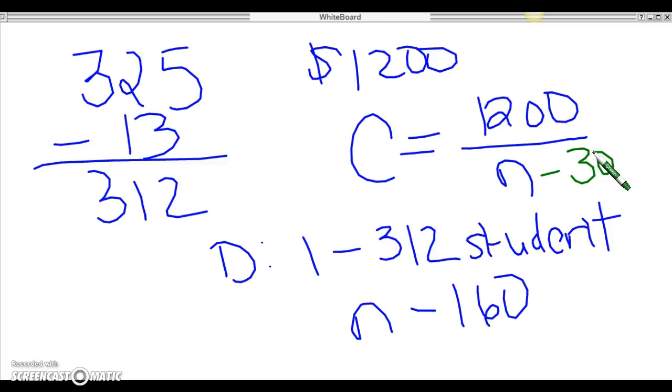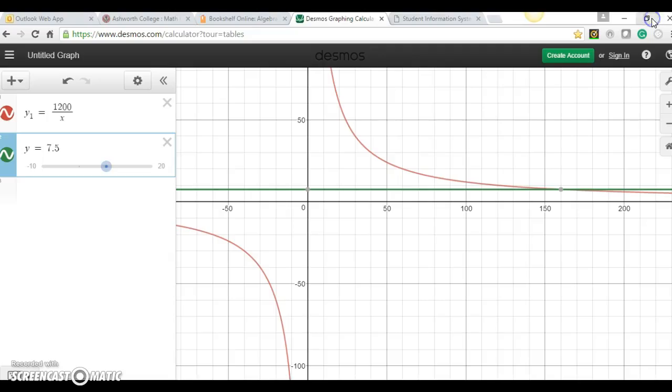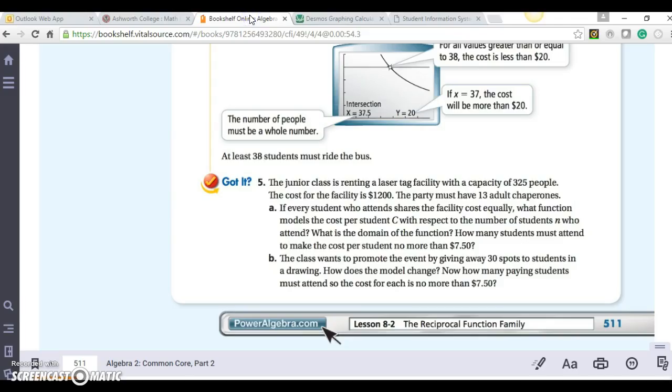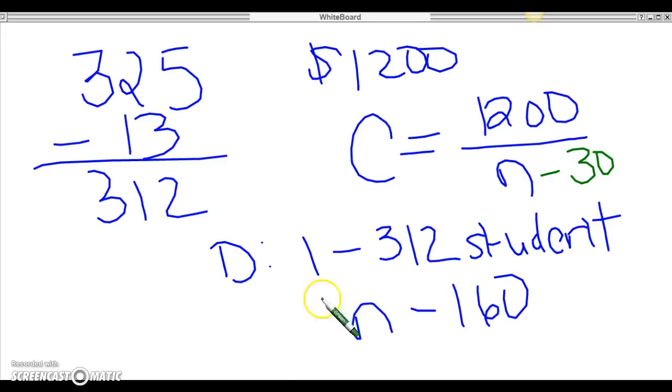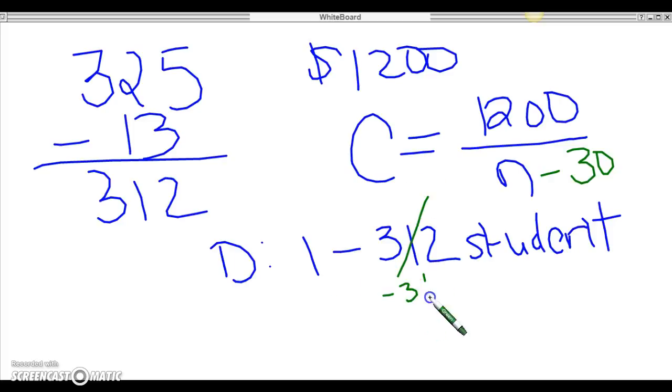And now my domain, did they ask me for my domain? No, they didn't, but I'm going to talk about it anyway. My domain for the number of paying students would have to be, I'm just going to subtract 30 from this, and it'd be from 1 to 282. That would be my new domain